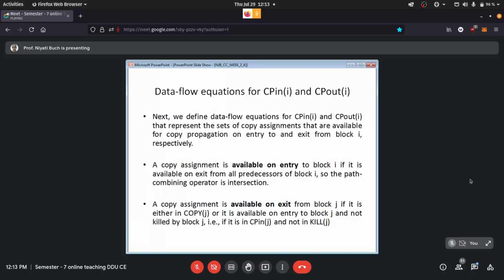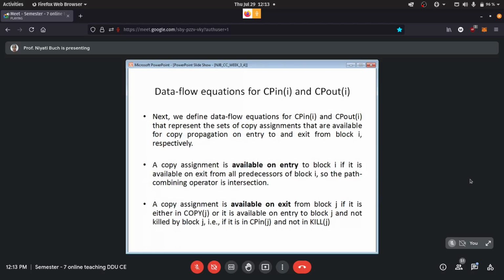And available on exit means that it is there in copy of that particular block J, or it is available on entry to the block J and it is not getting killed by that block.